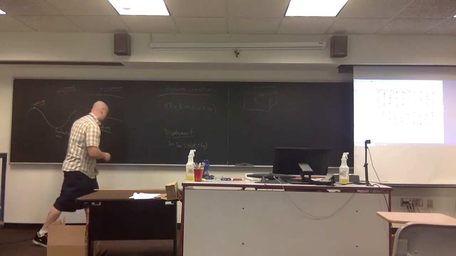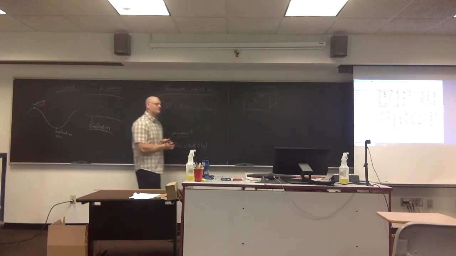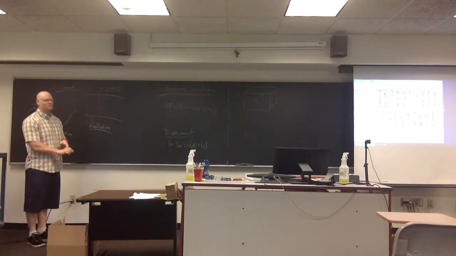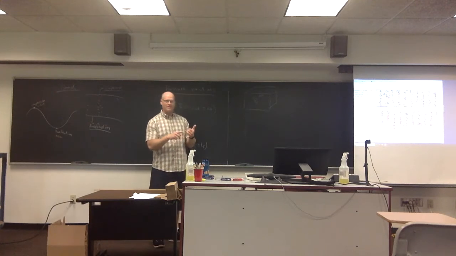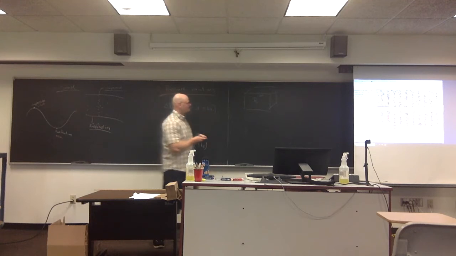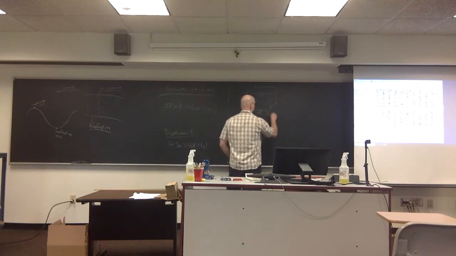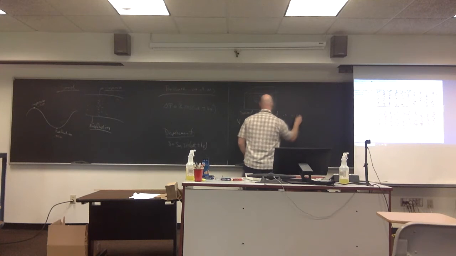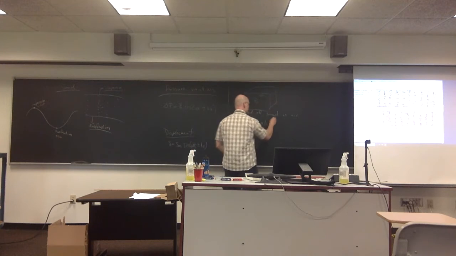Now, the velocity at which sound moves in air is a little bit complicated. It turns out that the speed at which sound moves in air depends on multiple things. It depends on the density of the air, it depends on the humidity of the air, it depends on the temperature, and atmospheric pressure and all kinds of other different things. For us, we're just going to say it only depends on temperature. So it turns out that the speed of sound in air is equal to 331 meters per second times